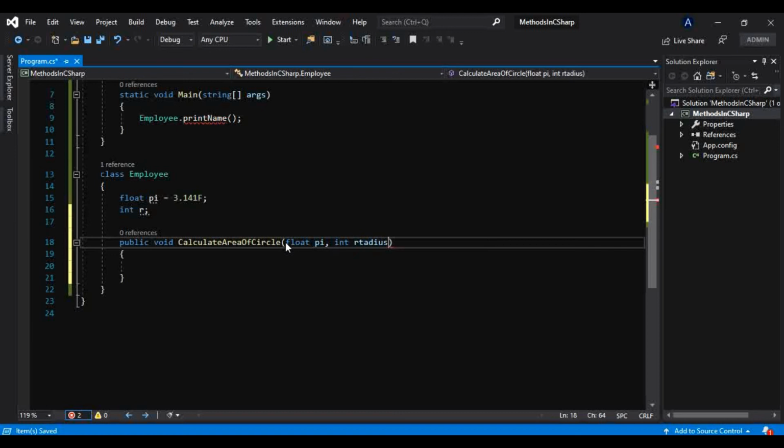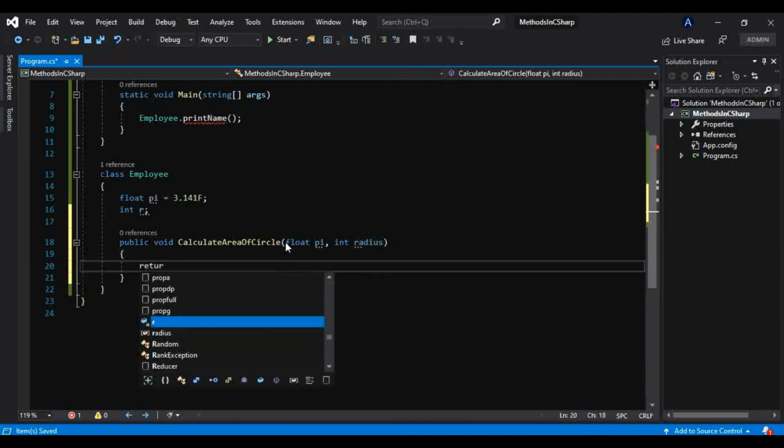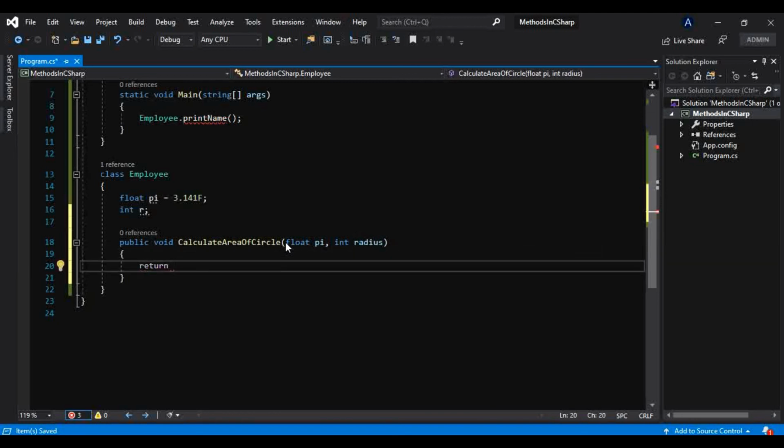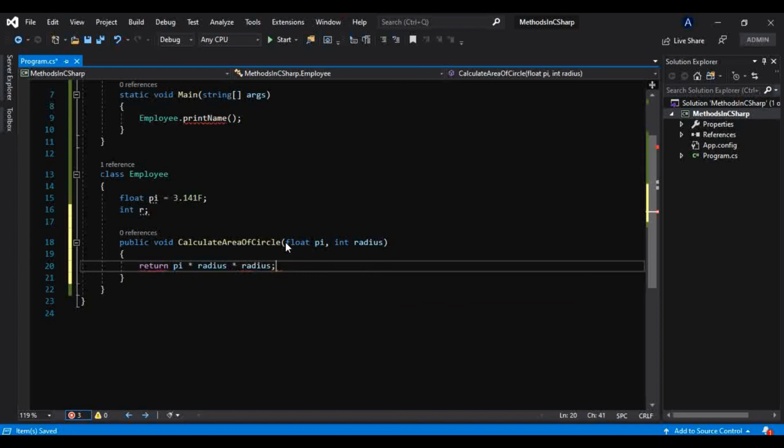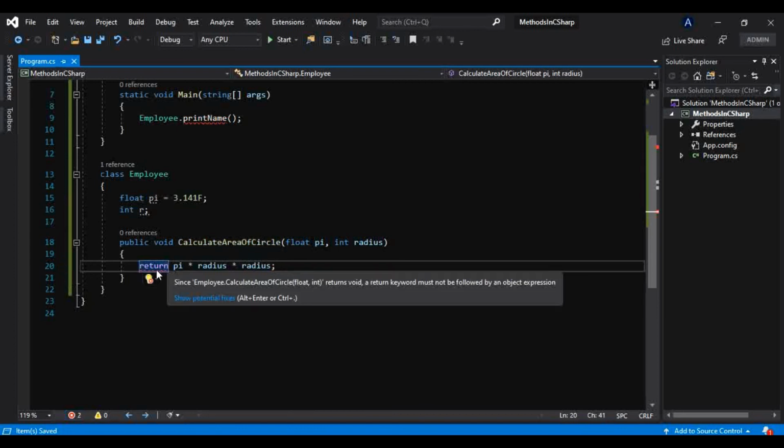So let's take int radius, and we know the formula for calculating the area of a circle, that is pi into r square, that is radius square. So for it to work as a square, we will multiply it twice, that is radius into radius, like this. Okay, and why is it giving an error?